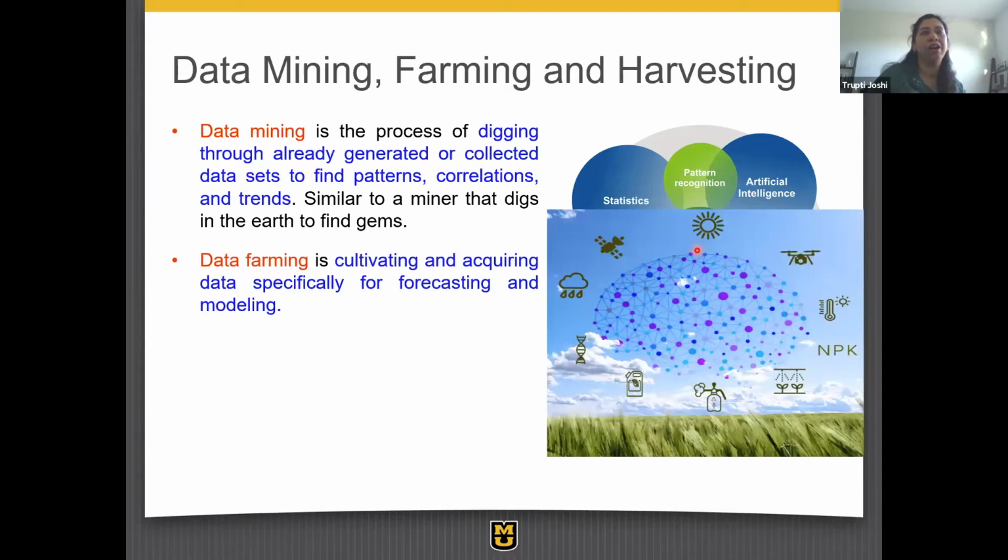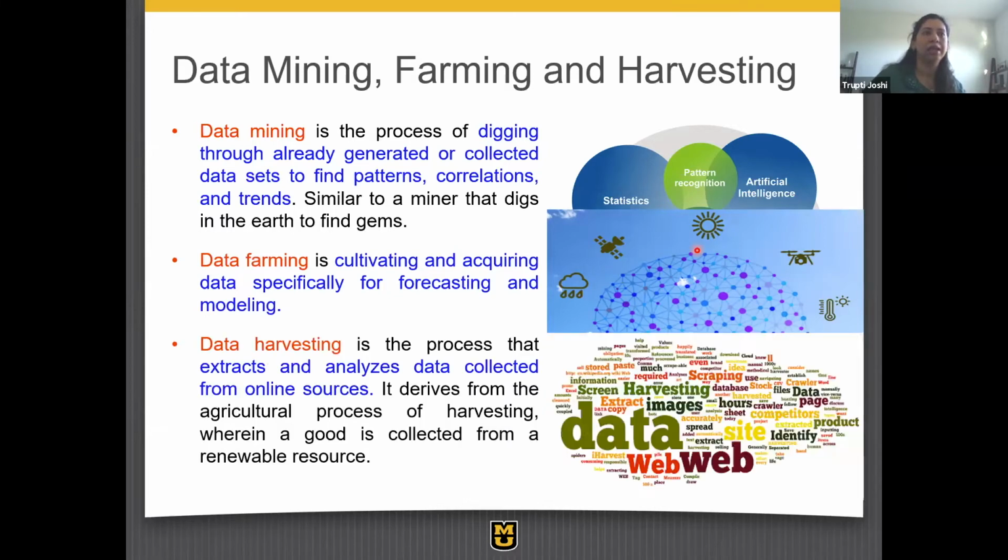Data farming, where at times you have the need to grow or acquire more data in order to do better forecasting or modeling. So you might be doing some targeted experiments or targeted studies in different locations, or at times even computationally growing the data so that you have enough power to apply some of these computational models. And so a little bit less, I would say, along these lines.